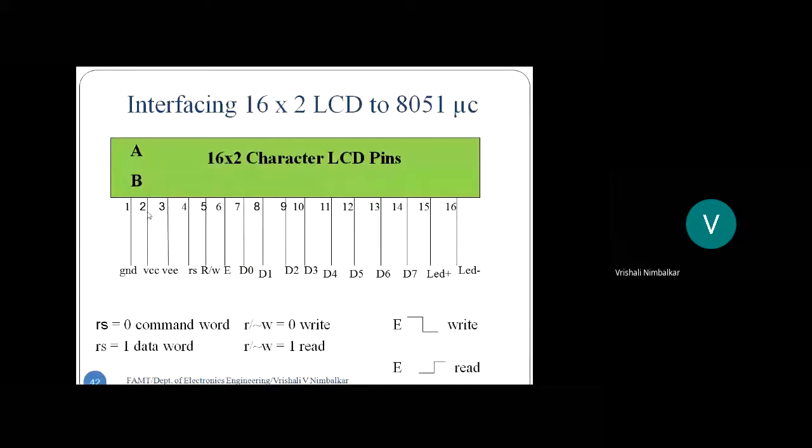Now see how many pins that LCD has. Coincidentally, it has 16 pins. It's not that it must have 16 pins; coincidentally, it has 16 pins, 1 to 16. So look into what pins it has. Pin number 1 is ground. Pin number 2 is VCC. Character LCD operates on 5 volt. And pin number 3 is VEE. Okay. Now these 3 pins, 1, 2, 3, are the contrast control pins. Is that okay? Now what is this meant? See your character LCD.